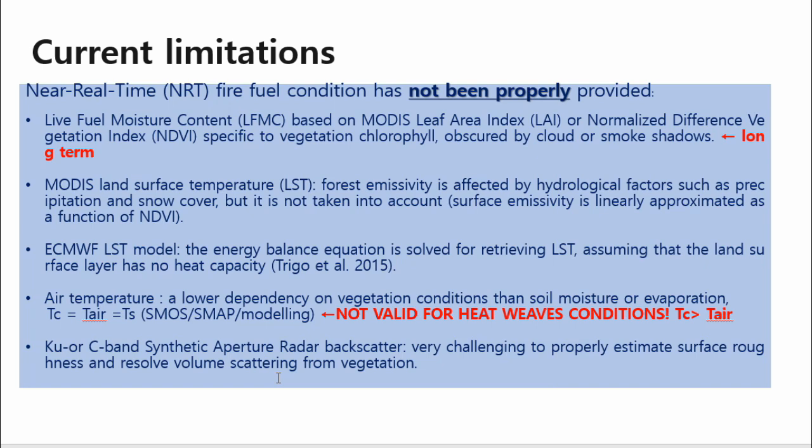And sometimes C-band SAR is used for estimating fuel conditions like vegetation moisture. We're going to discuss this later on, but it's very challenging and tricky to isolate moisture elements only from a complicated backscattering signature. So far, we don't really know whether heat waves in the next week or this week will escalate to the ignition of large-scale destructive wildfires or not, whether we're going to enter the vicious cycle